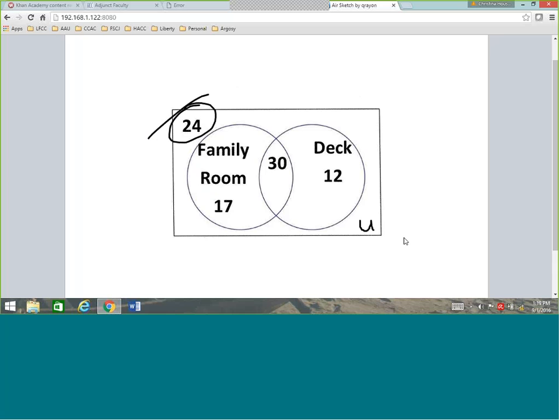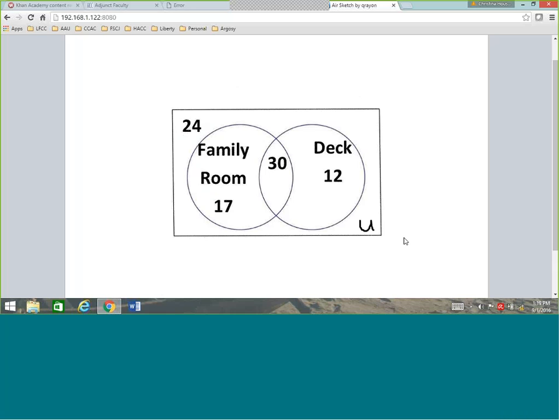So that's something to keep in mind, that 24 is kind of floating around in the universal set, but not inside the circle. So when I look at this, I can see, first of all, if I add 24 plus 17 plus 30 plus 12, I should get the total that I have in the universal set, so we're good there. And if I take a look at what this is telling me, it says I have 24 without a